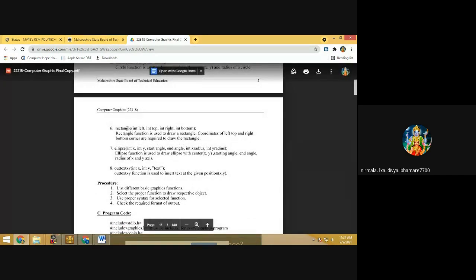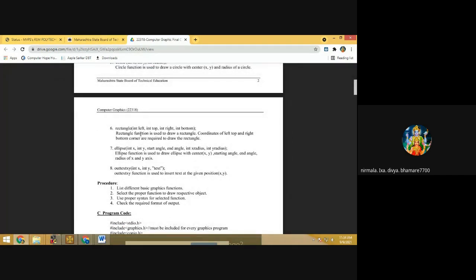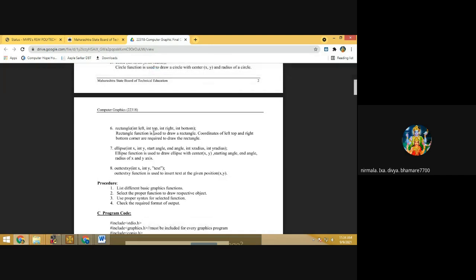Then a rectangle. How to draw a rectangle? integer left, integer top. The rectangle function has four integer parameters. What are the first two parameters? Integer left, integer top. That means the x and y coordinates.